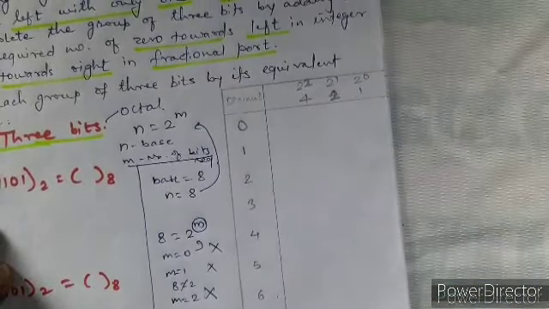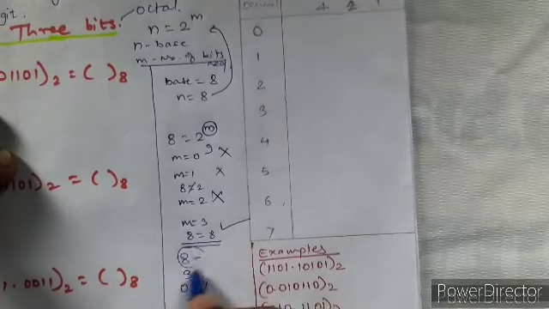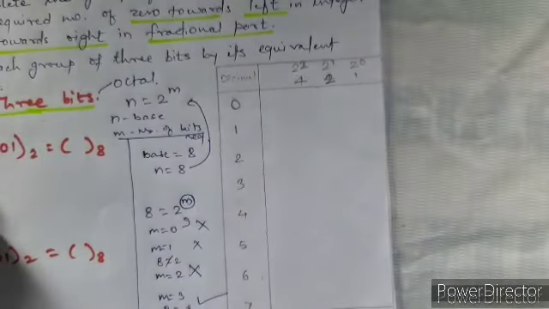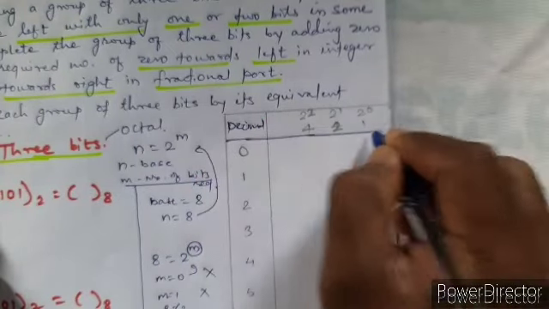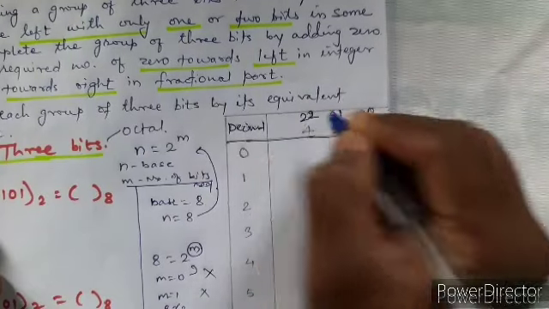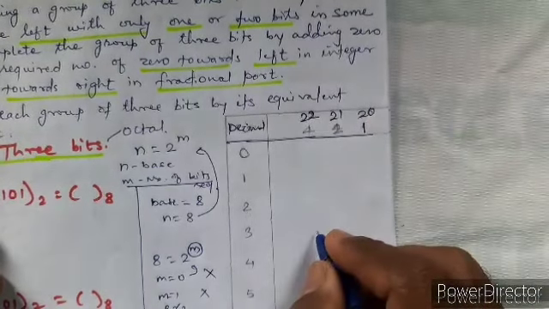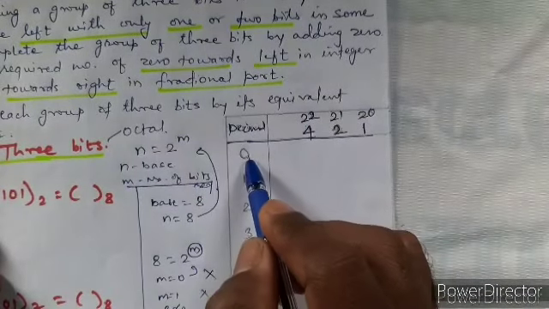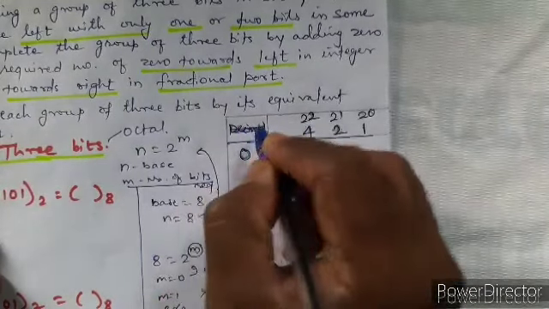Okay, right. So again, before going on to the example, let us try to fill this table. As I said, as the base is 8, which goes from 0 to 7, let us try to fill this. This is a decimal number and 3 bits are required. So it is 2 raised to 0, 2 raised to 1, 2 raised to 2, only 3 bits, right? Anything raised to 0 is 1, 2 raised to 1 is 2, 2 squared is 4.